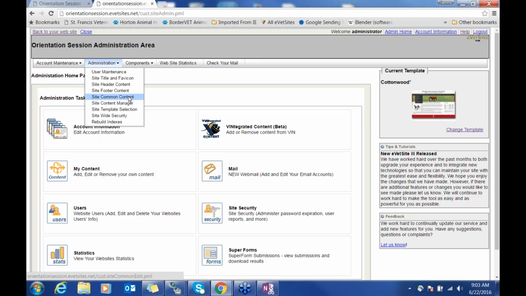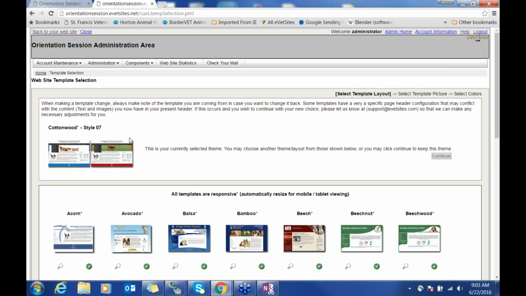Okay, now if you are wanting to change the whole look of your website, you're going to want to go to your template area. Click on Change Template. Now just a word of caution. As soon as you click a new template, this green button down here, it will change the look of your live website. Now if you're still building your website, that's not so much of a worry, but you do want